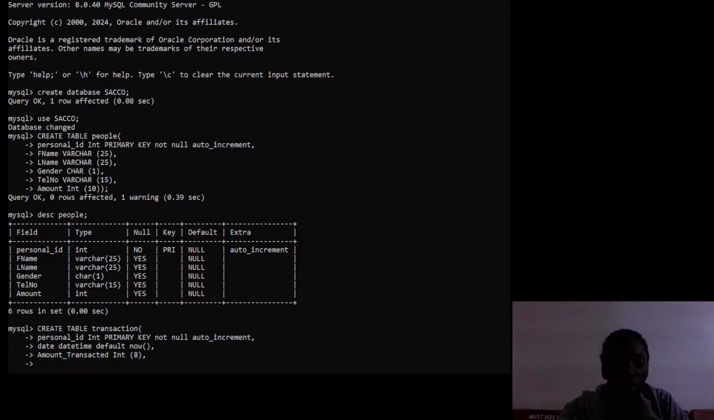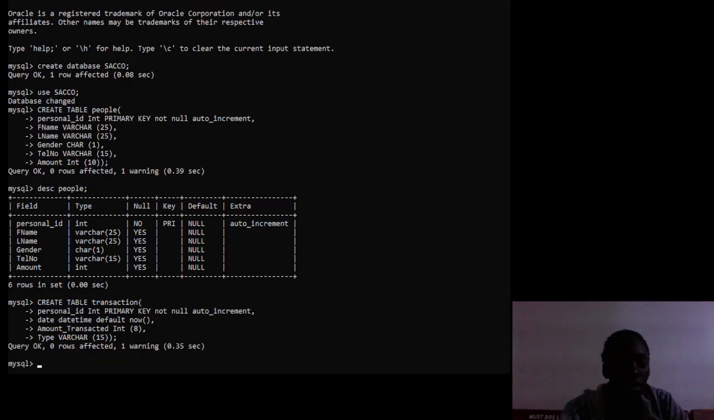So I would also want my table to have the type of transaction. For type, I'll give it a type of variable character, then I'll give it a size of 15. So after that, like I said, don't forget to close what you opened. Then terminate with a semicolon, and then press enter. So if you still want to see your table,